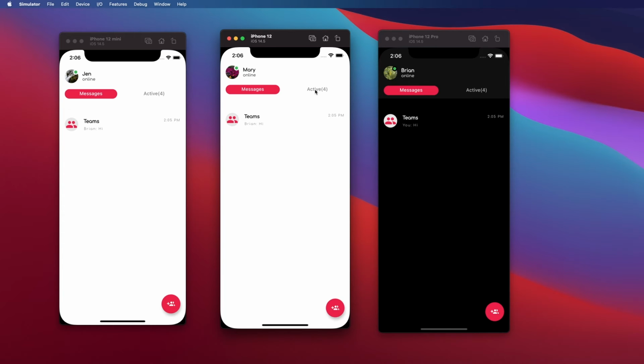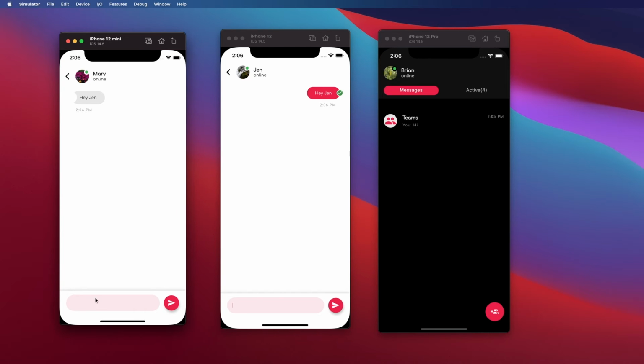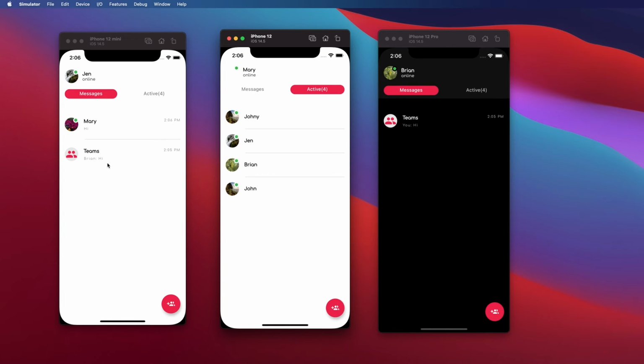So if I should go to Mary and send a message to Jen, say, hey Jen, you should see that message will show up on Jen's iPhone here. And if Jen opened that message, Jen can have a private conversation with Mary, which is different from the group conversation. So now you can see there is the group and there's that message,